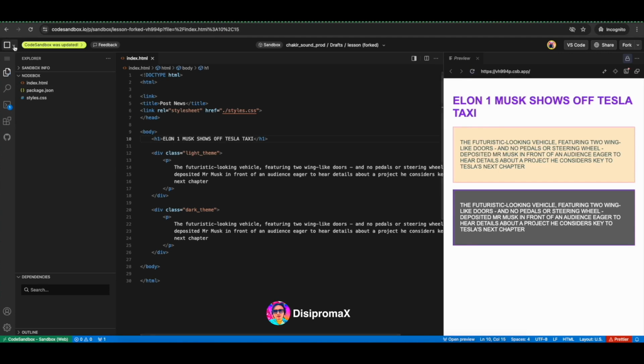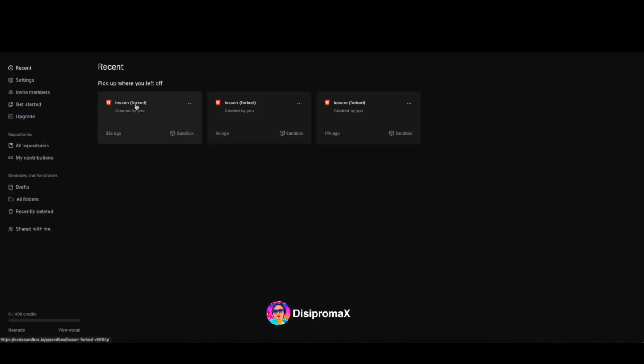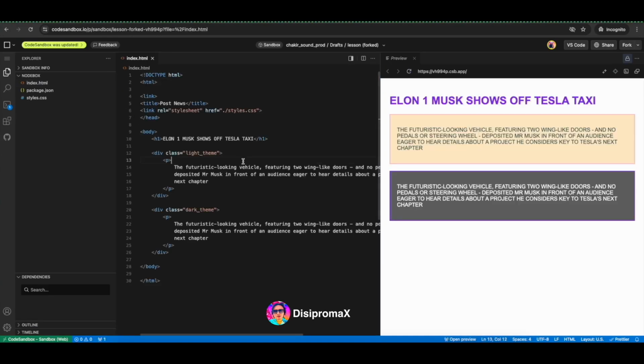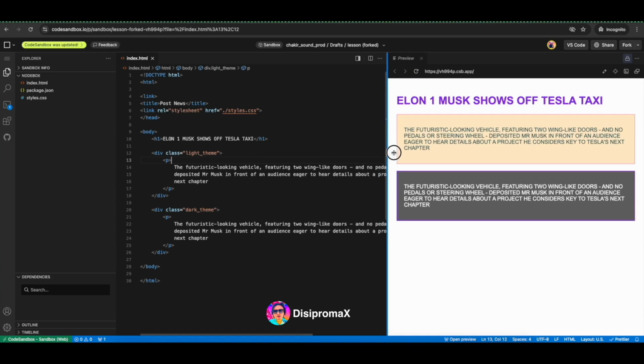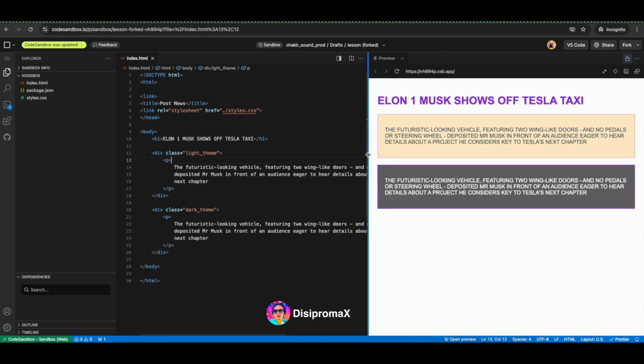This lesson is copied for you personally. If you go to your dashboard, since here is lesson forked, don't pay attention to this. These are my old forked lessons. In general, it will now be in the dashboard. This lesson will always be there and you will be able to work with this lesson. But again, I advise using this sandbox for educational purposes, purely to play around, but write all the code in VS Code. And further, as we go through the subsequent lessons, we will naturally add code, and this is exactly how your project will grow in VS Code.